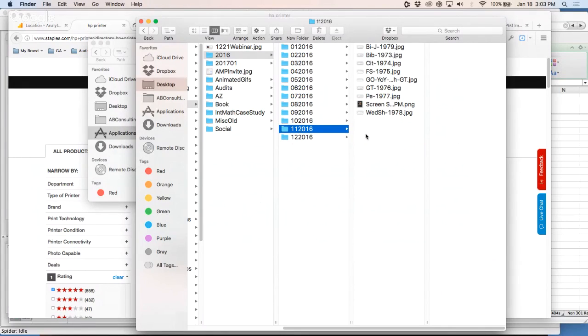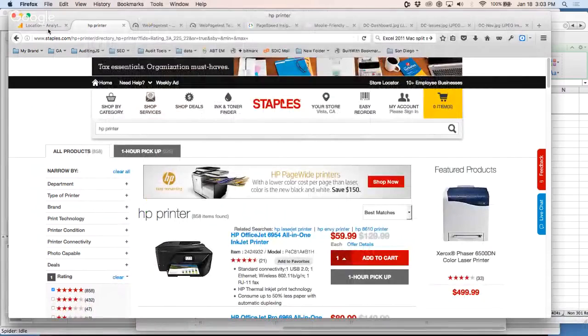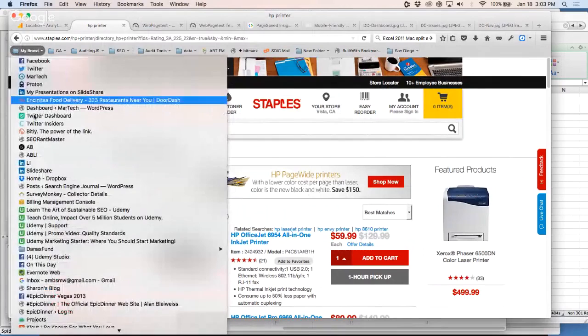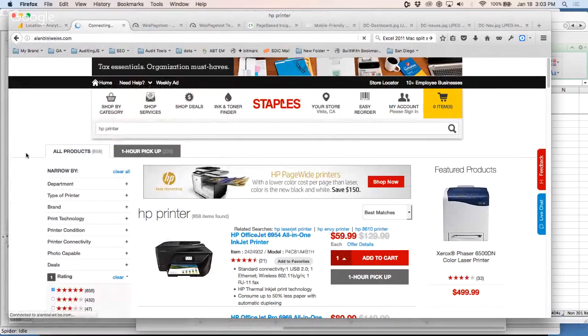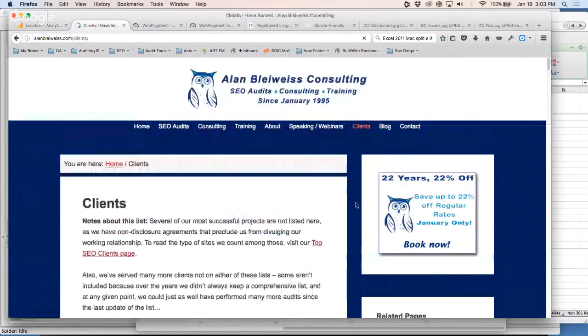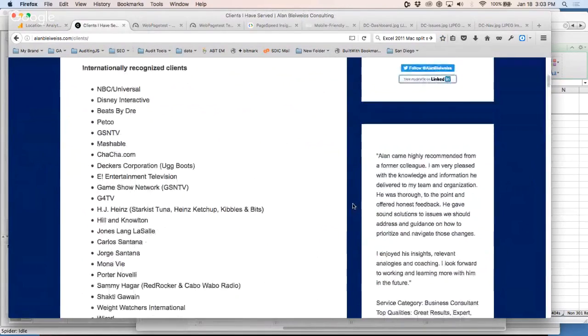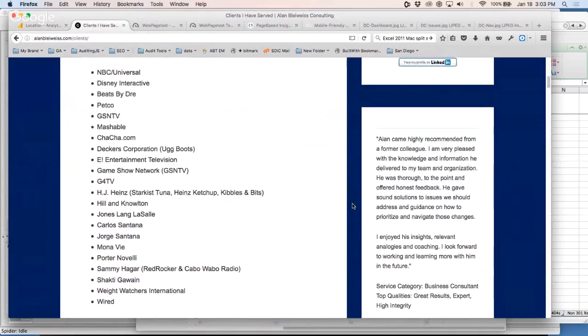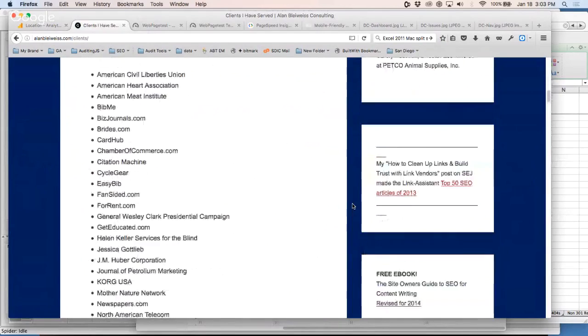For me, I've been doing internet marketing for 22 years this month, 17 of them for SEO, right? I have a reputation that I built over an extended period of time. And I have the kind of clients that you can go to my site and see, right? I've got these big name logos, right? So these are really heavy duty clients. But you can go to my client list and just see an endless list of the kind of clients that I have worked with over the years, right?